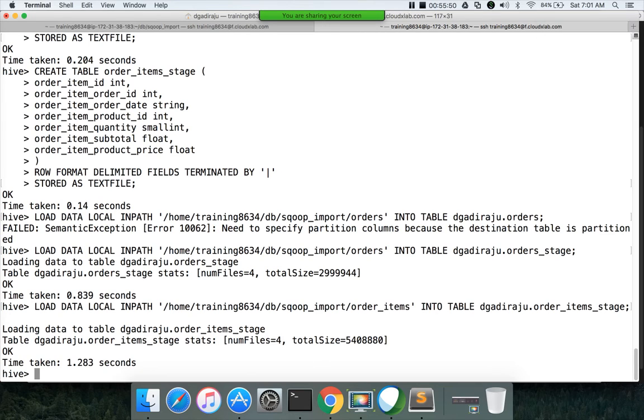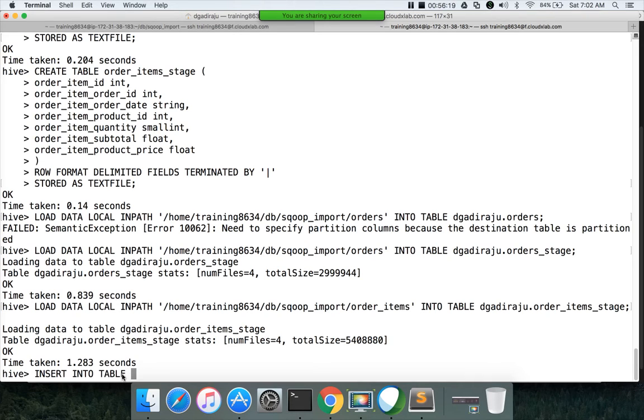Okay, now we have data in the stage tables, and we want to use this data to load into our partition tables, which are orders and order items. Both are partition tables. So in this case, we have to use insert command. For insert into table, unlike in traditional databases, we have to use table keyword here.